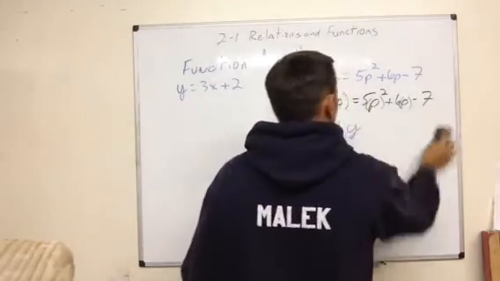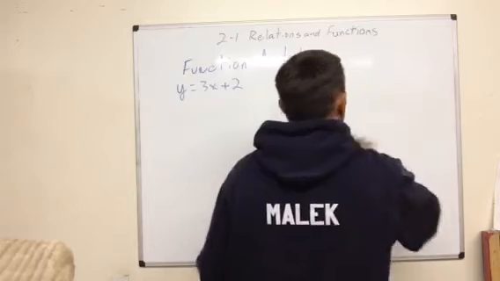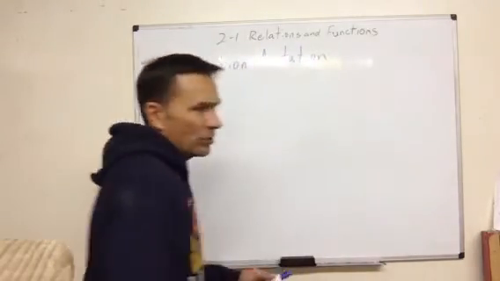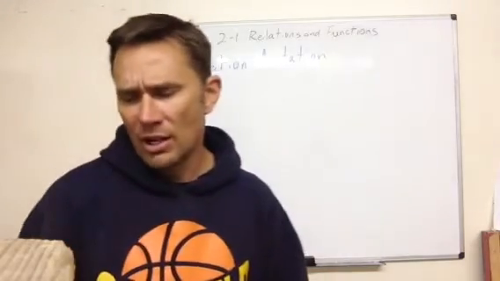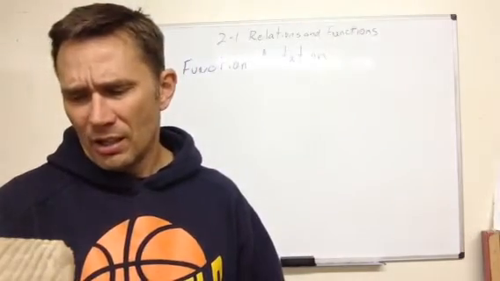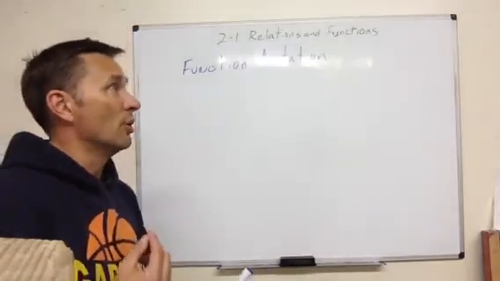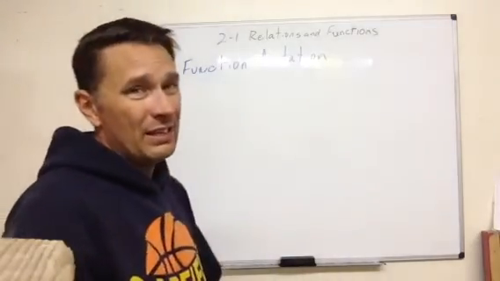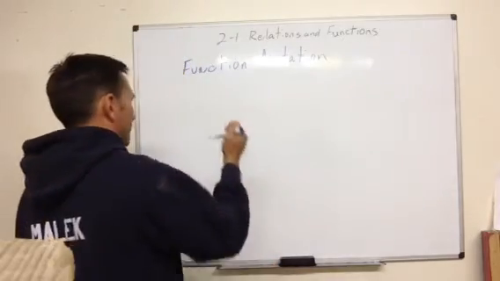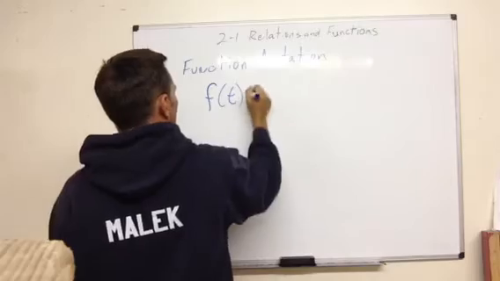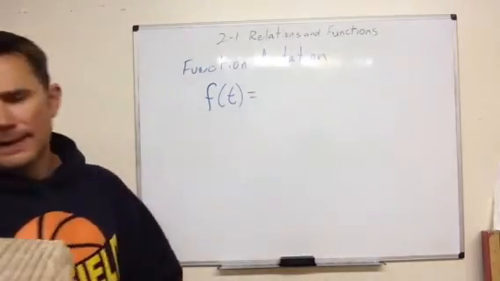Since we are creating this, we can pick whatever variable we want. Since we're talking about cost, the function of the number of tickets, so tickets sold, I'm going to pick t as that input variable. So I'm going to write this as f of t equals. Now it says